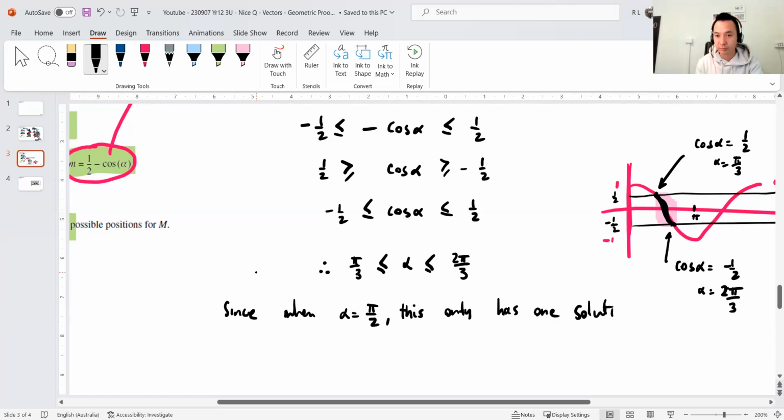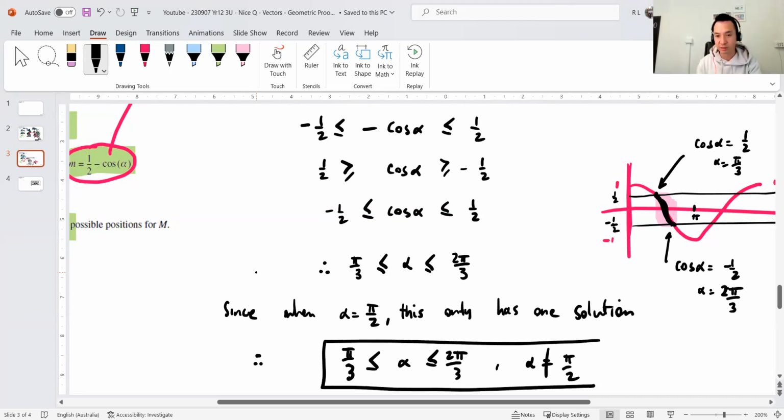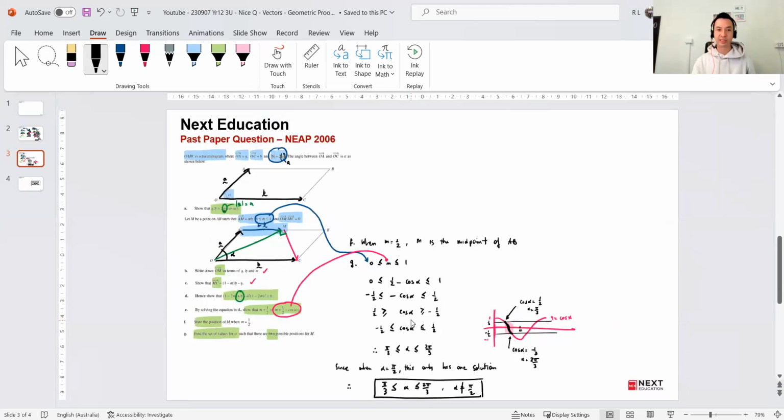Therefore, your range is pi on 3 less than or equal to alpha less than or equal to 2 pi on 3, where alpha cannot equal pi on 2. Because I want two answers, I don't want one. So within that range 90 degrees is there, but I can't have 90 degrees, otherwise it's only going to give me one solution. For two answers,